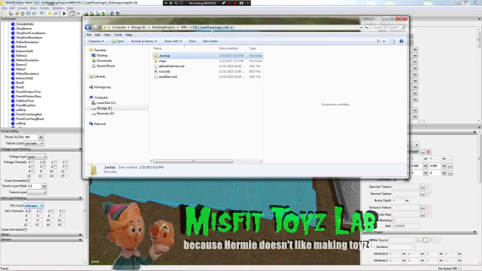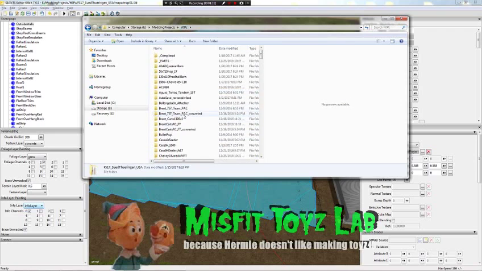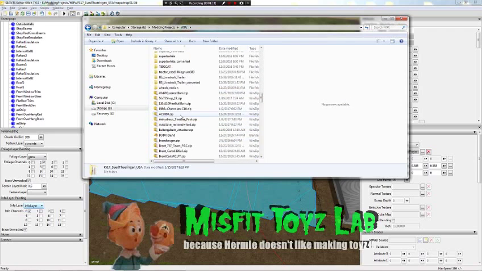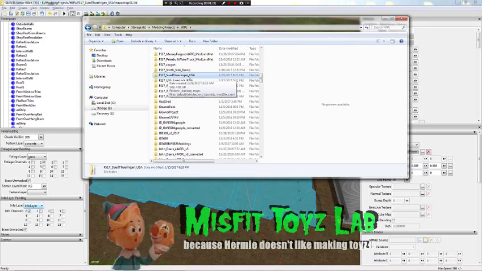If you see here, I have a WIPs folder. These are all my work in progress files. I also have some that are zipped that have not even been touched. So as I work through them, here's the FS17 Süd Thüringen, and then I just add underscore USA to make it its own